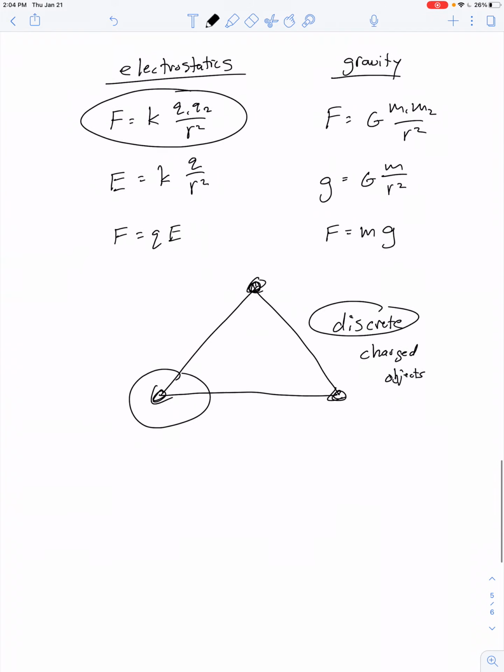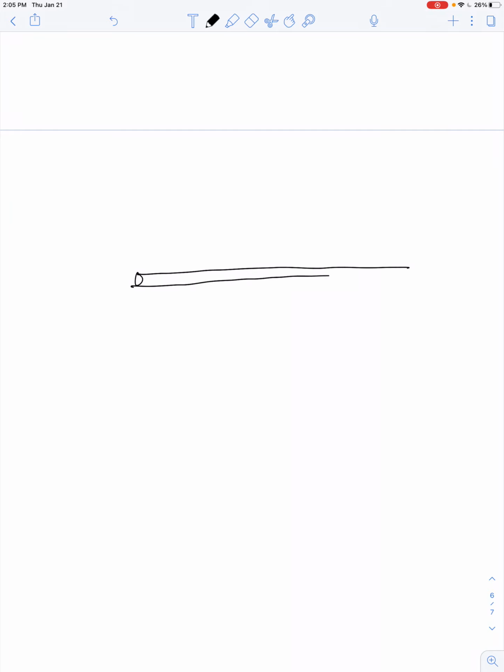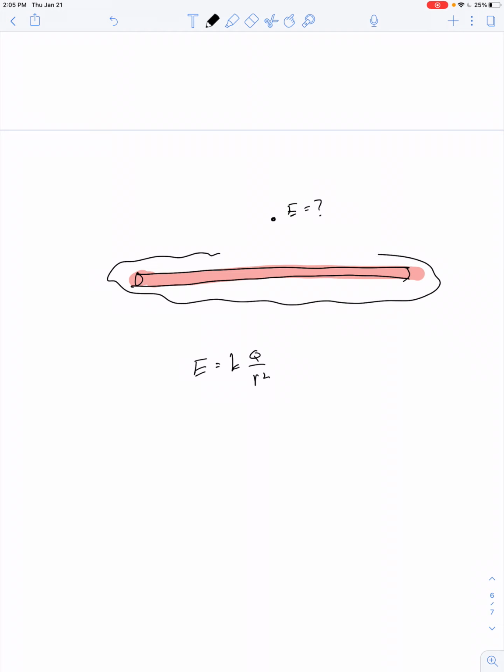In the latter half of this unit of study, we're going to investigate how much force there would be if I had a charge, let's say, maybe there's a plastic rod and I've rubbed it with rabbit's fur, and so I've spread out charge uniformly across here. Well, we need to come up with some equations that tell us how strong the electric field would be at this point. Well, I can't use the equation E equals KQ over R squared because this rod is not a point charge,